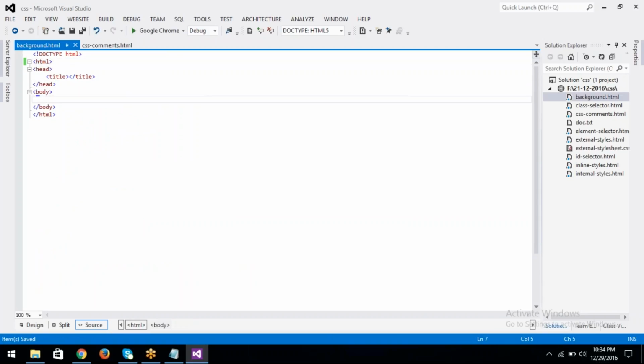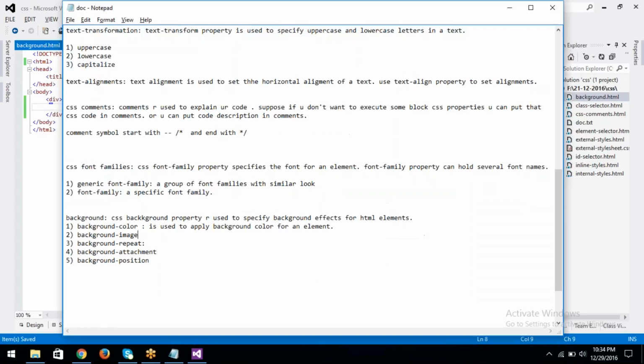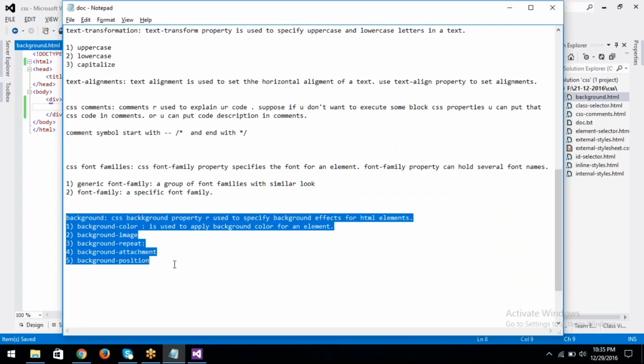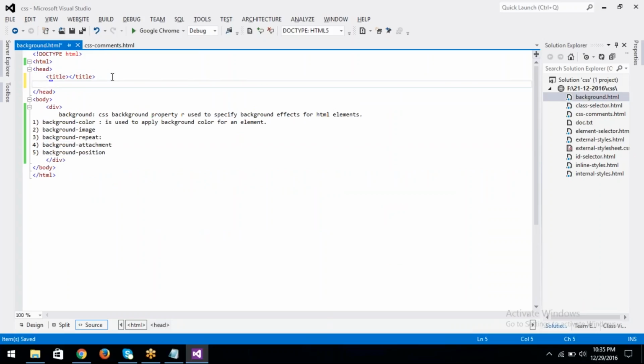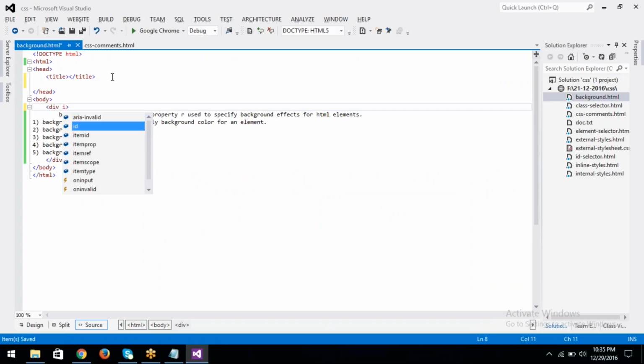Okay, take one div tag with some content. Okay, so this is the content, and I want to apply background color. Use id selector or class selector,